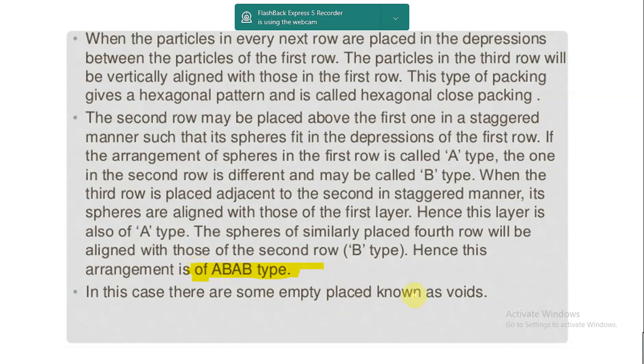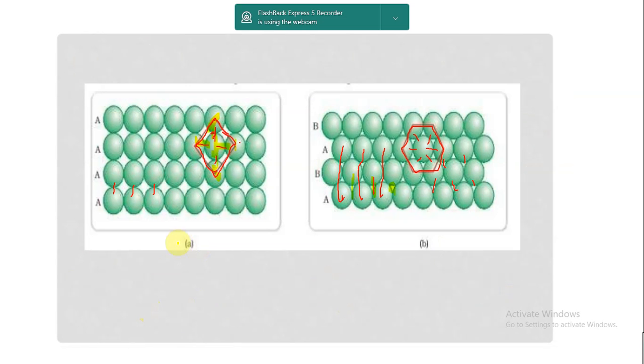And in this case there are some empty spaces known as voids. So in both the cases voids are getting formed. These are the voids, and here also these are the voids. So in which case is the void smaller? In this case void is smaller, isn't it? In this case void is large. So basically we prefer hexagonal closed pack structure because of the smaller voids, because the packing is efficient, isn't it? What is meant by efficient packing? Means the atoms are occupying the space more, so the void that is getting created will be less. Here the voids are getting created more, so the atoms are occupying less of the space.